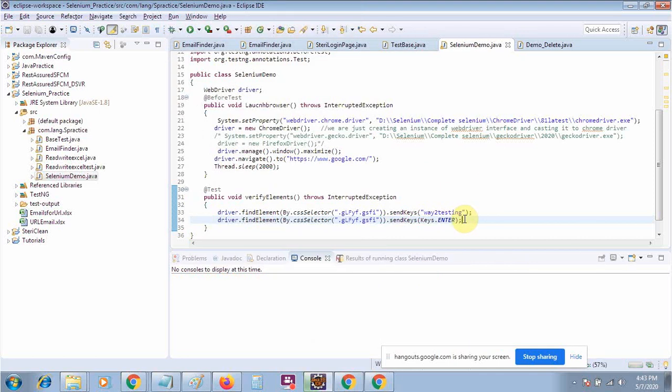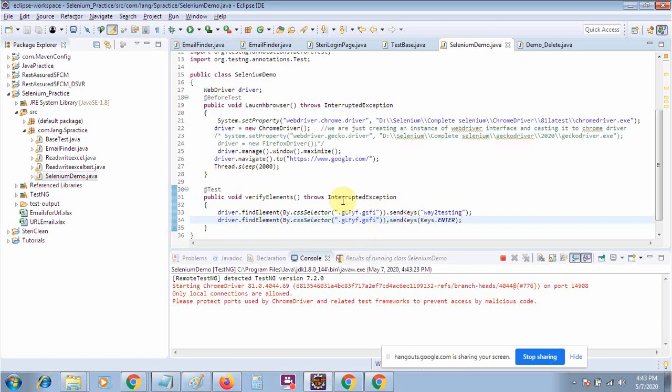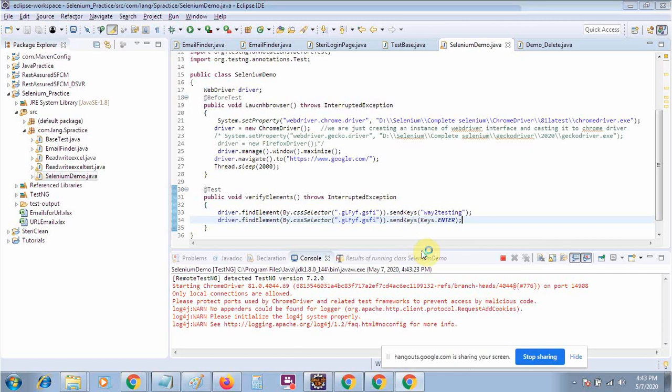Using the robot key is not actually recommended, because if you are using the robot key, you have to keep your mouse cursor or your active screen as the current focusing screen. You cannot open some other screen. Suppose I am working on this and I open another screen, my script will keep running, but with the robot keys it's not possible. You have to keep your automating screen open.